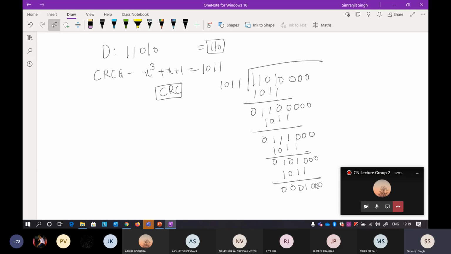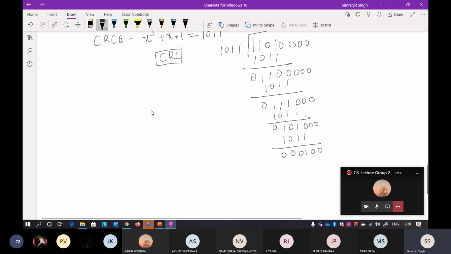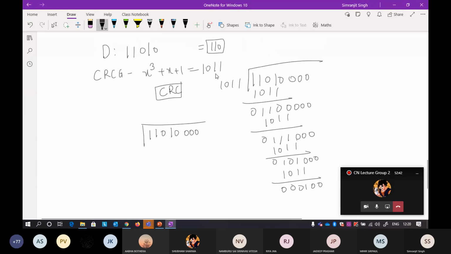Okay, so I think I got something wrong here. Yeah, that is 100, but actually the answer is 010. Okay, so I think I also made a mistake. Just let me try it again. It will become 11010. Sometimes it happens when you are doing the third division step, taking the 3 zeros. Actually, there is 2. Why should it be 2?